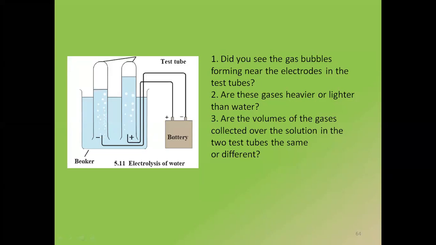Yes, now you're getting it correct. Think. Formula of water is H2O. That means it is made up of 2 atoms of hydrogen and 1 atom of oxygen. And that is why the formation of the gas, as you can see in the negative terminal, is more as compared to that of the positive terminal. Because hydrogen concentration is more and oxygen concentration is less. Did you get it? Now, is the electrolysis of water clear to everyone?